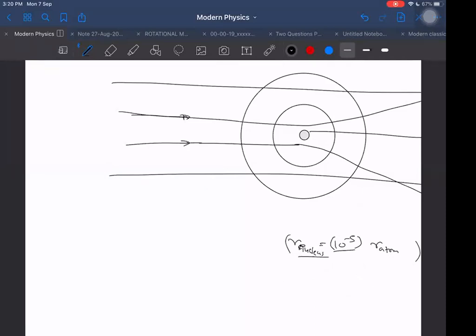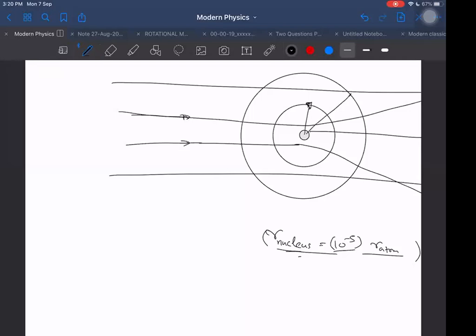That was a very surprising thing at that time, because before this they thought there is nothing like a nucleus, and the positive charge is spread everywhere, and the negative charge also is spread everywhere. But it was very surprising that the nucleus is a very tiny bit of the complete atom. Rutherford also explained that the electrons are revolving around the nucleus in circular orbits.